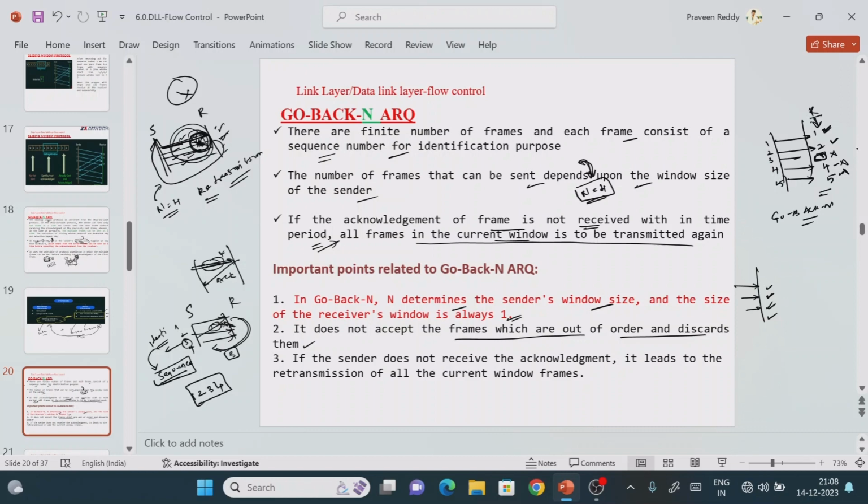So what is the meaning of this? If you don't understand, take an example. Suppose I have ordered three things, right? First I required biryani, second I required sambar rice, third I required curd rice.